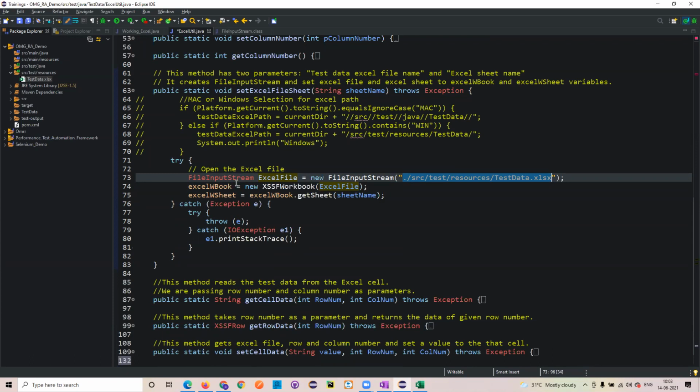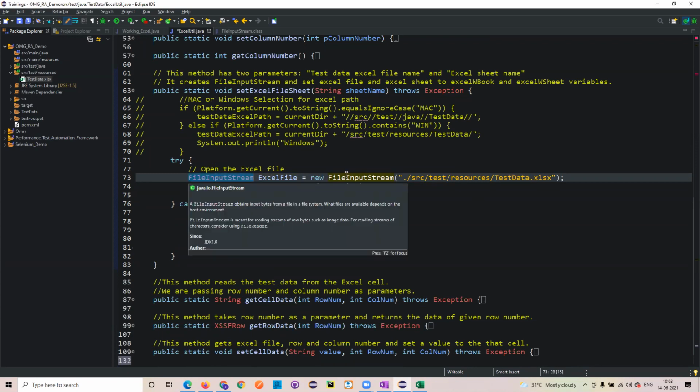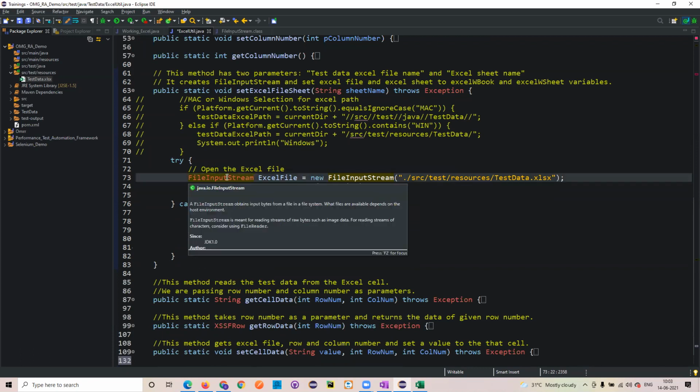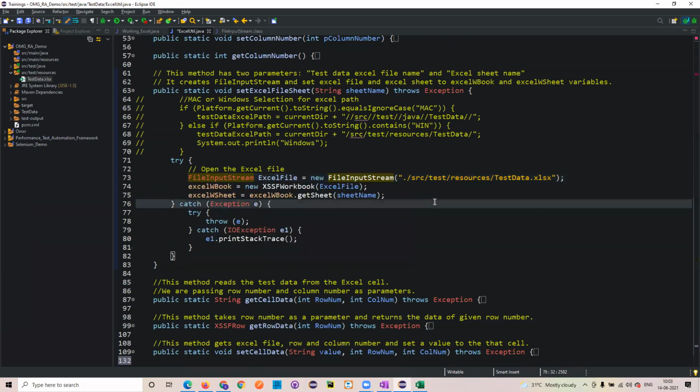So it's raw data that it will be reading. Hope you got it right. So this is the class name, and you can see the description: a FileInputStream obtains input bytes from a file system, depending on the host, and I don't want to confuse you with that. Holistically, this class will help us to read the data from that particular source, either raw data or image data, and that will be read in byte format. Now this is what we have done.